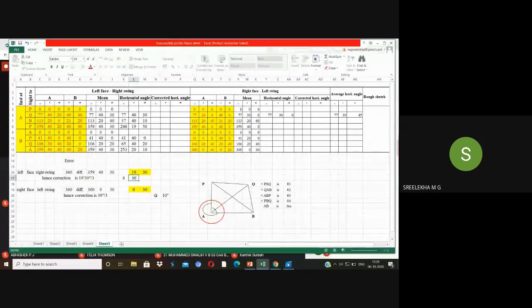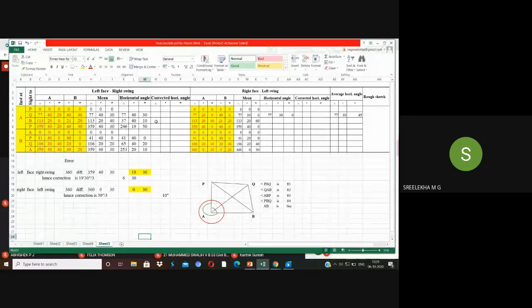Okay, 6 minute 30 second. It is the angle to be distributed to each of these horizontal angles. So what will be the corrected horizontal angle here? Here it is 77, 40, 30 plus you'll have to add here 6 minute and 30 second. So what is the corrected angle here? 77 degree, 46 minute and 60 second. So 60 second you can convert to minutes itself. So it is 77 degree, 47 minutes is the horizontal angle PAQ.